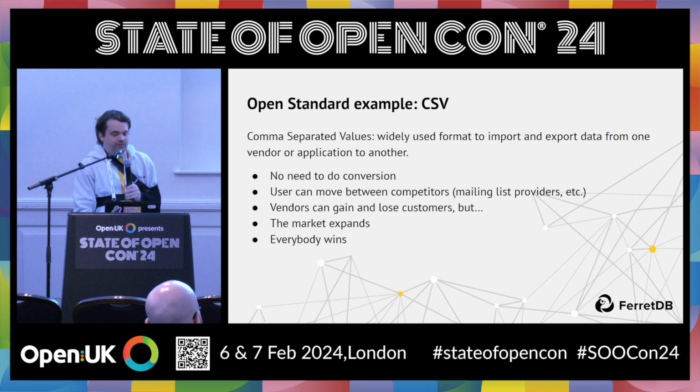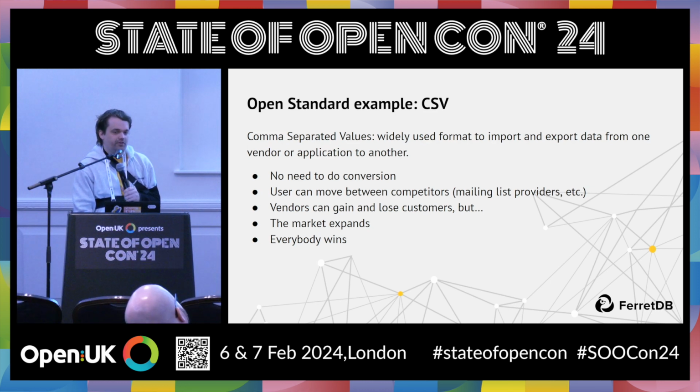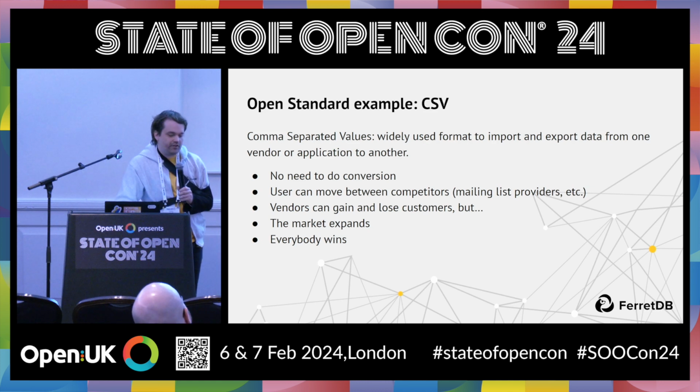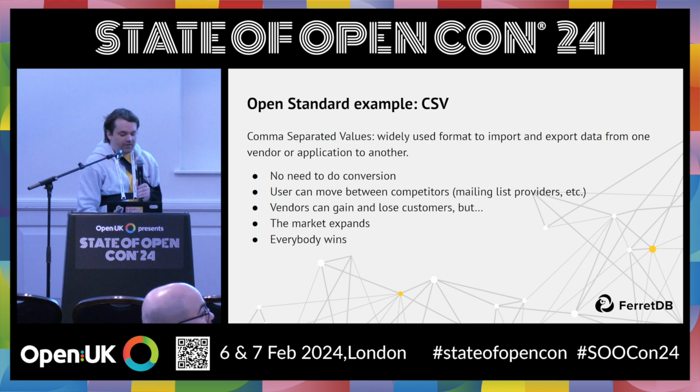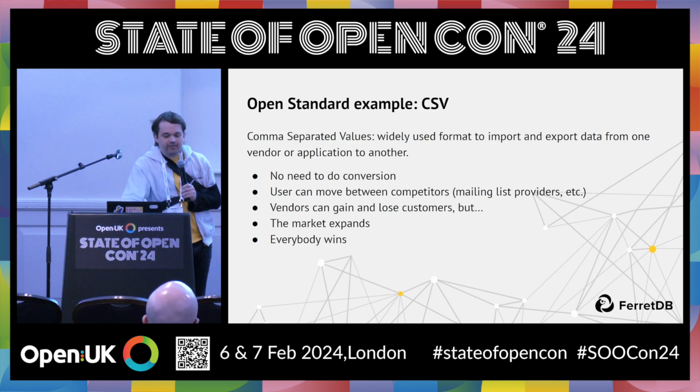Another open standard example, which is probably even better than PDF, is comma-separated values. So imagine that you have software which is able to save contacts. What comma-separated values as a standard provides is that competitors are able to get users migrated from one vendor to another. And you would think, hey, this is bad for the original vendor. But in reality, this expands the market because all of the different vendors can compete against each other, and these enable